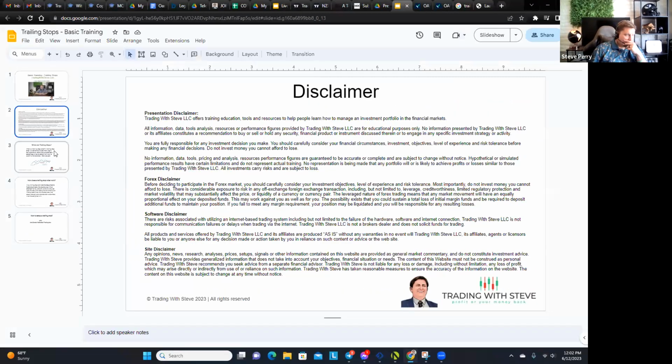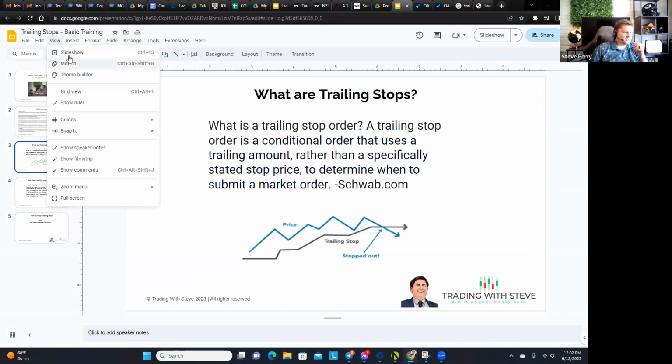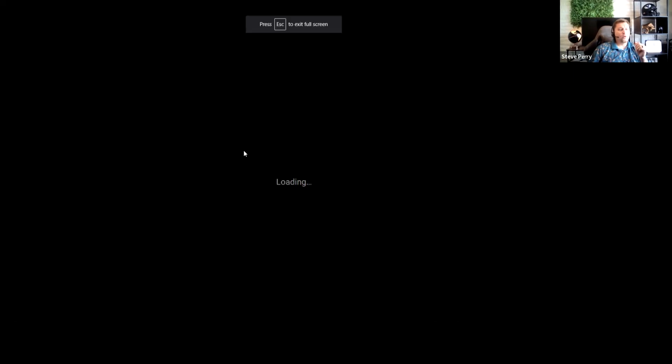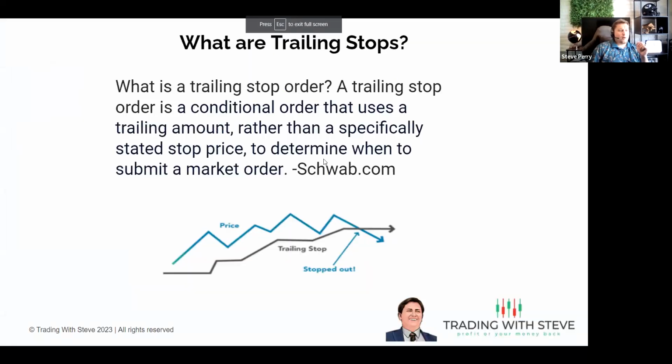All right, guys. So actually, let's stay on the slideshow here before we demo. So first of all, let's talk about what trailing stops are. So a trailing stop order is a conditional order that uses a trailing amount rather than a specifically stated stop price to determine when to submit a market order. So basically, I think in order to understand a trailing stop, it's important to understand what a stop loss is